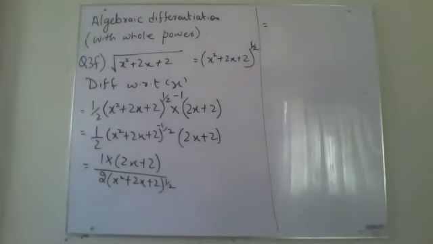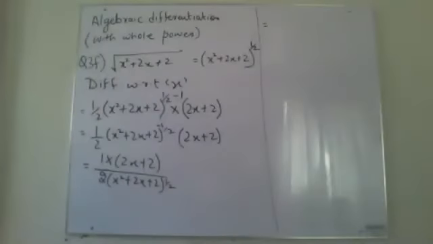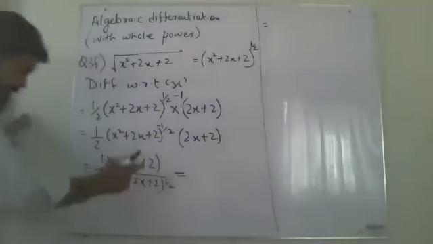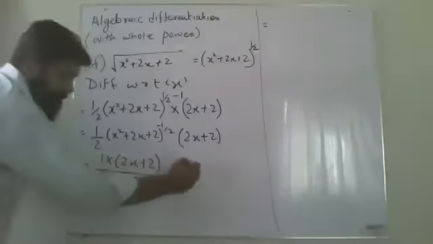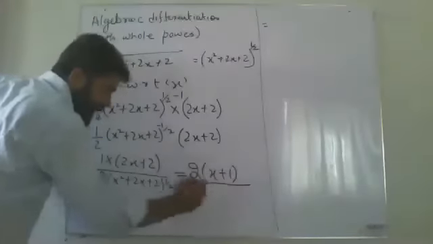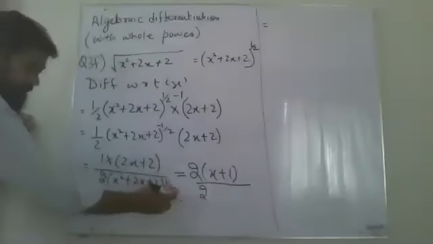Because they are saying only differentiate. They are not saying simplify by differentiation. So I have just differentiated it, and I can leave it over there if you want to, or what I can do, I can take 2 common from here, 2x plus 1 upon 2, and this thing has got power half.